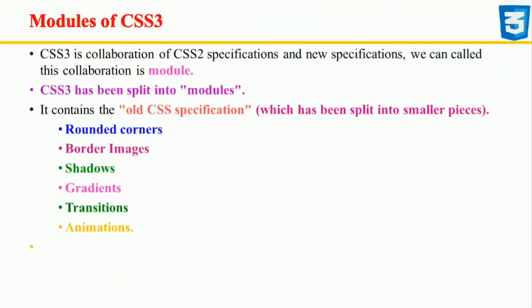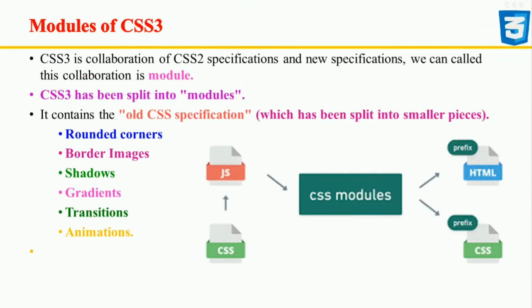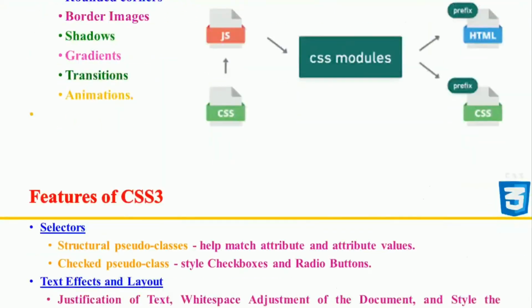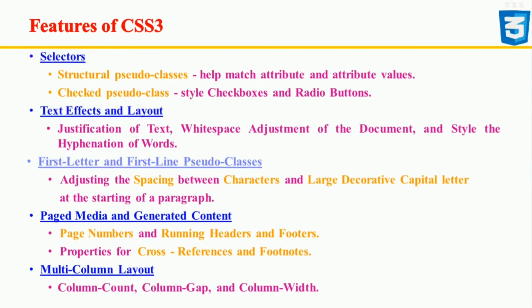A CSS module is a CSS file in which all class names and animation names are scoped locally by default. CSS modules let you write styles in CSS files but consume them as JavaScript objects for additional processing and safety. Each module adds new properties and features such as rounded corners, border images, shadows, gradients, transitions, and animations. Every year, brand new CSS features are released. Let's zoom in on the top CSS layouts.